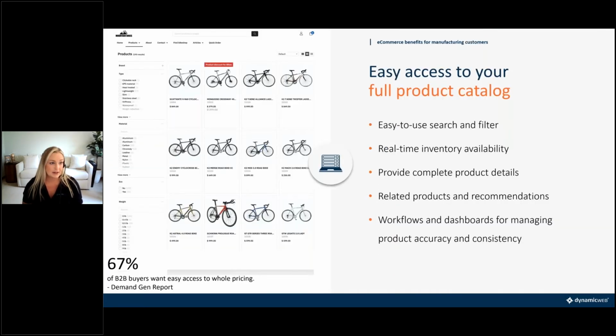Easy access to your product catalog. Searching and filtering is a huge benefit to your customers. It gives them the ability to find what they need when they need it without having to try to describe it to a salesperson. It gives them a sense of empowerment, and then they can browse your entire product catalog down to the products that they need. They can also provide recommendations to other customers, or they can see related products, so you have some additional upsell and cross-sell